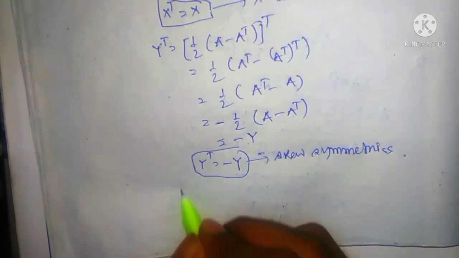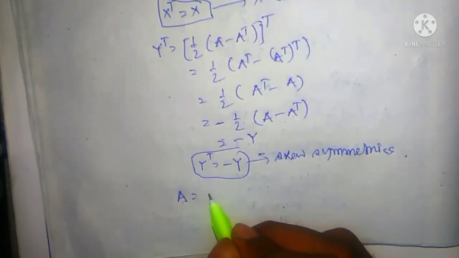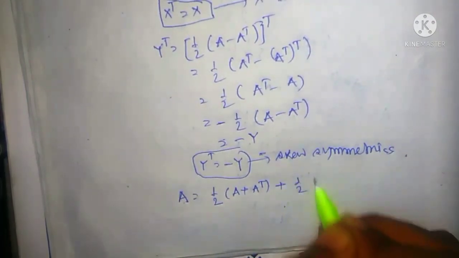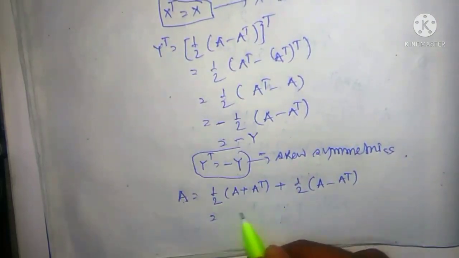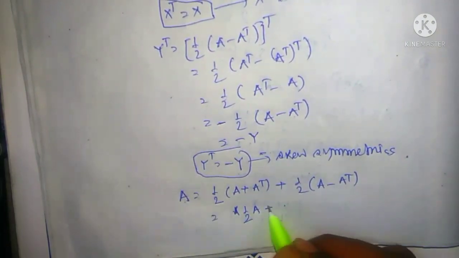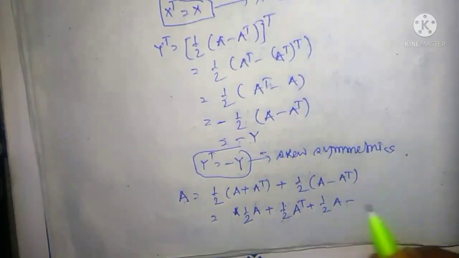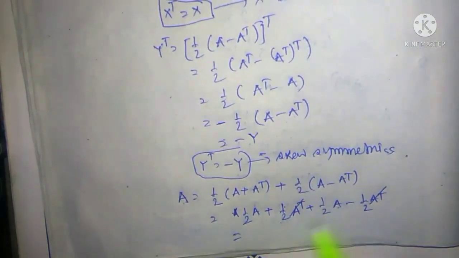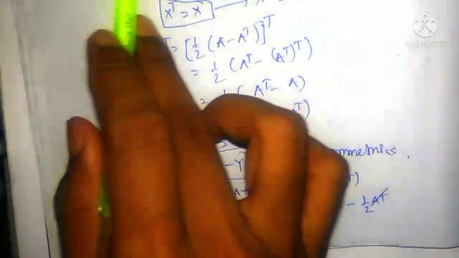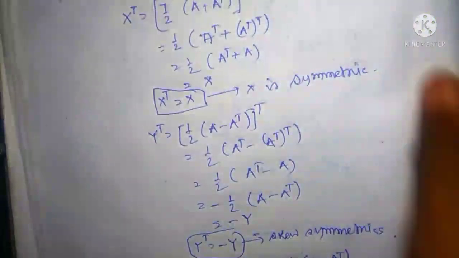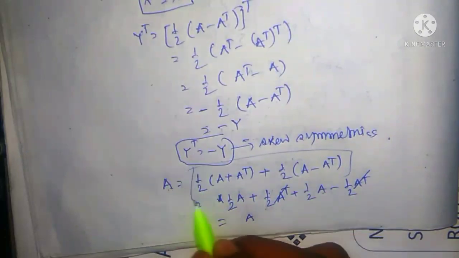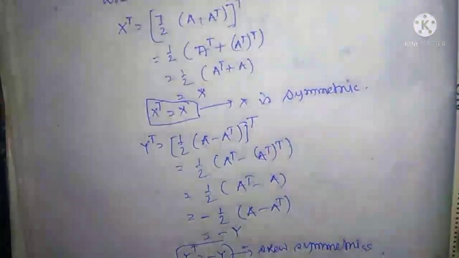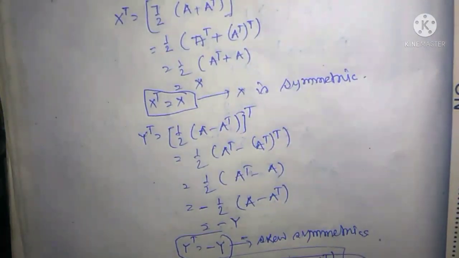Now I show that A equals half of A plus A transpose plus half of A minus A transpose. That is half of A plus half of A transpose plus half of A minus half of A transpose, which exactly equals half of A plus half of A, that's A. As for why I choose X equal to that and Y equal to that: the reason is that their addition is the particular A. So for that reason I can take X equal to that and Y equal to that. This is not the proof, but I show it for your clarification.